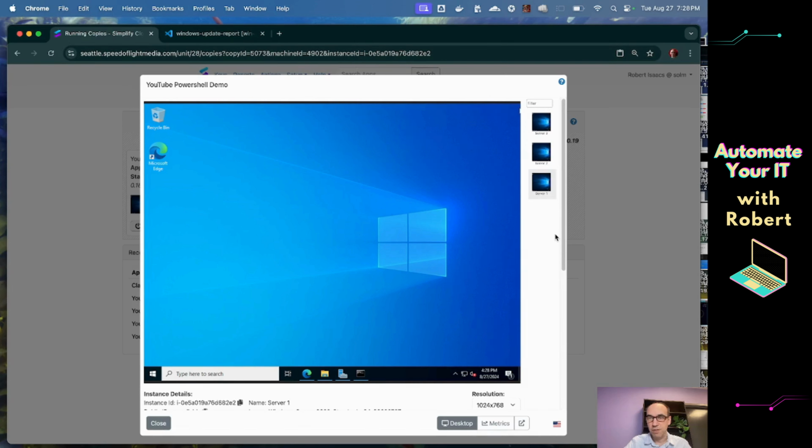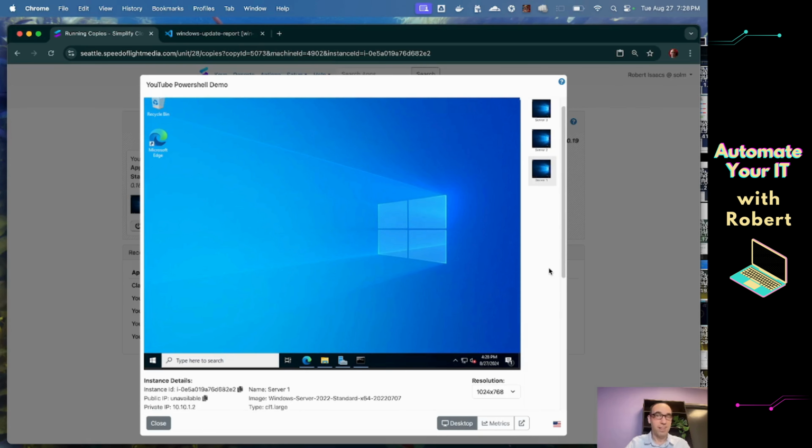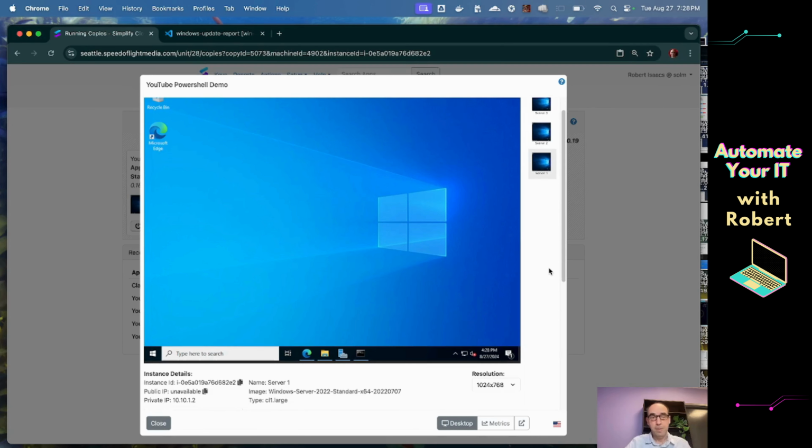Just to kind of level set, I have set up a lab here. It has 3 different servers. They're all Windows servers, and they all have patches that need to be installed. They're available on a private network. And the task that I've set for myself is a pretty common one in MSPs. We have a customer network. We want to run a script to see all of the different servers that have patches that need to be